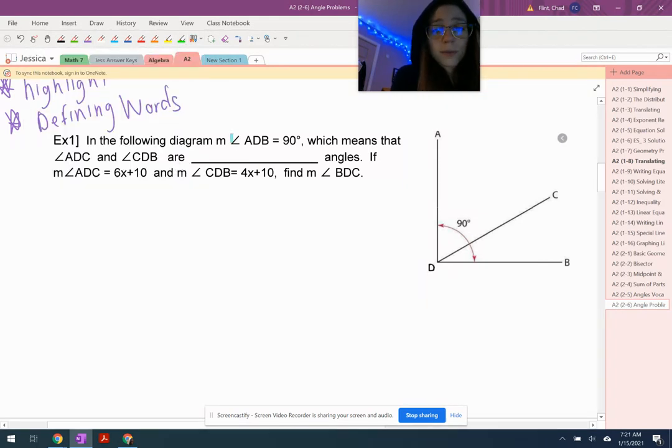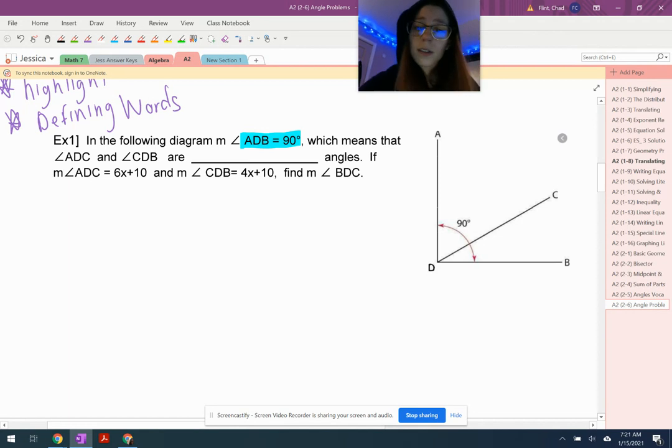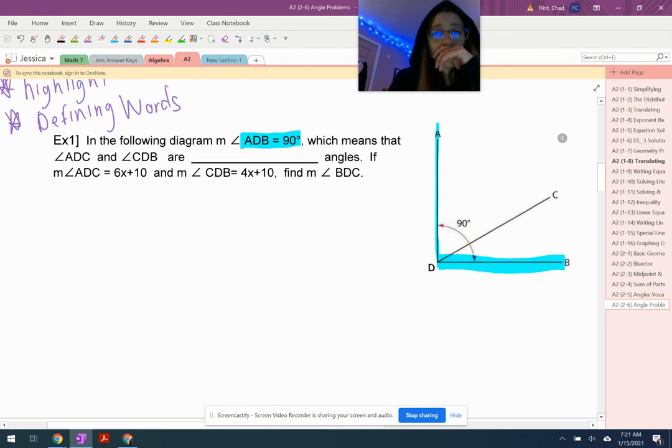I'm going to use blue. ADB, and so A, D, and then B. Okay. So we know that is 90 degrees. That's what this information is telling us here. So we could, if we wanted to, go in and draw that little 90-degree box in to reassure us that it's 90. So if that equals 90 degrees, that means that angle ADC,